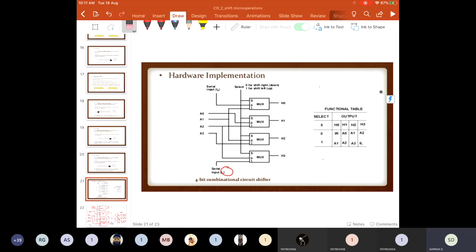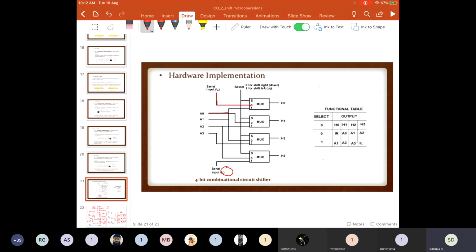So I have connected whatever I have in the register, in such a way to each multiplexer to get the output of shift right when s equals to 0. And I have given the path from the data in the register to the multiplexers in such a way as to perform shift left operation when s equals to 1. How? See, for A0, when s equals to 0, this IR is connected to the 0th line,